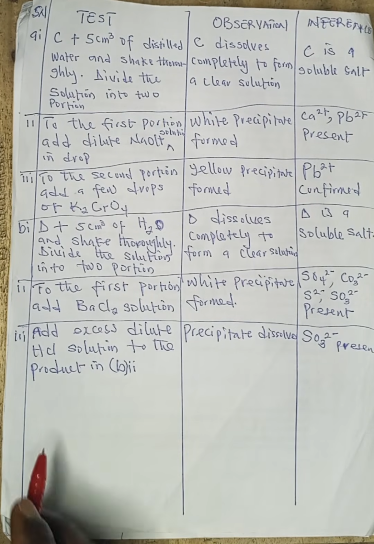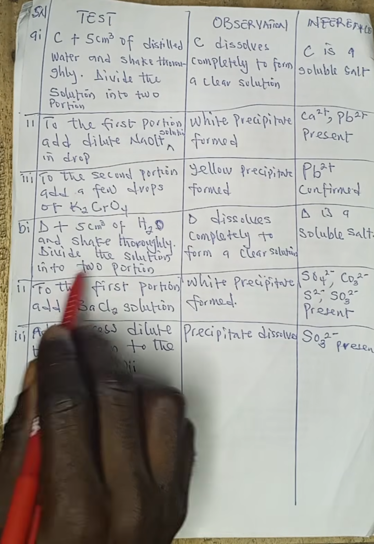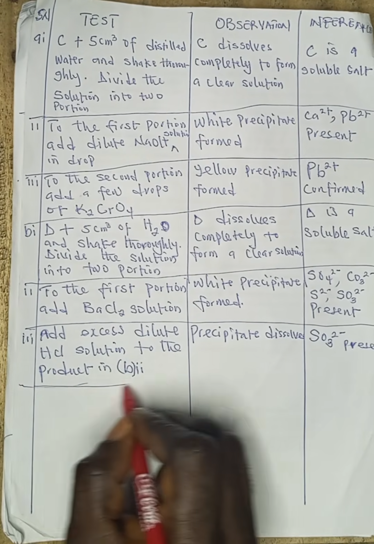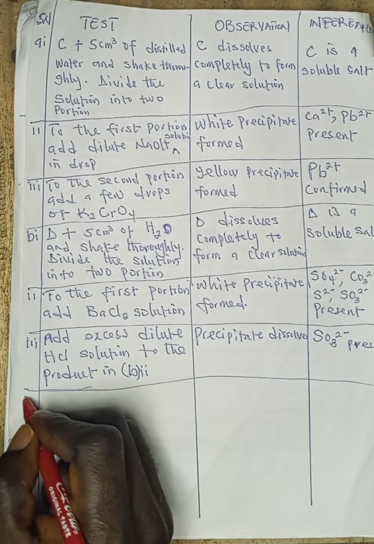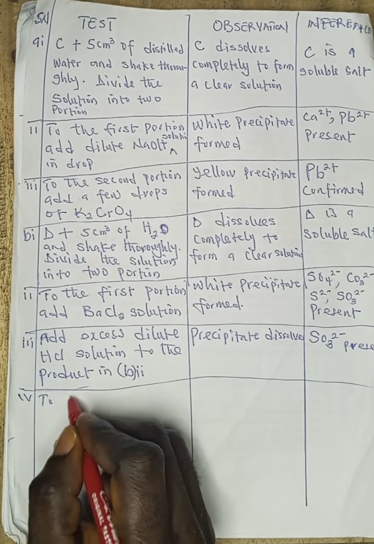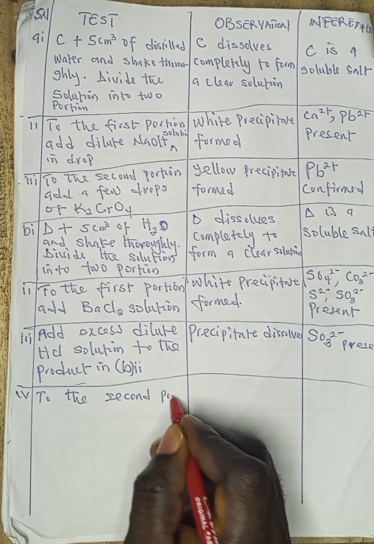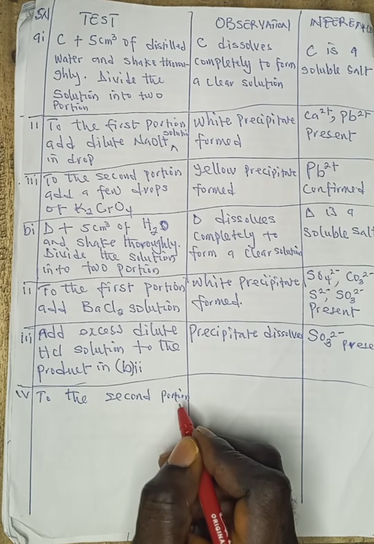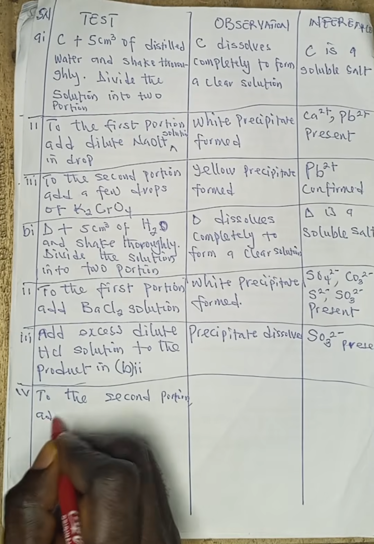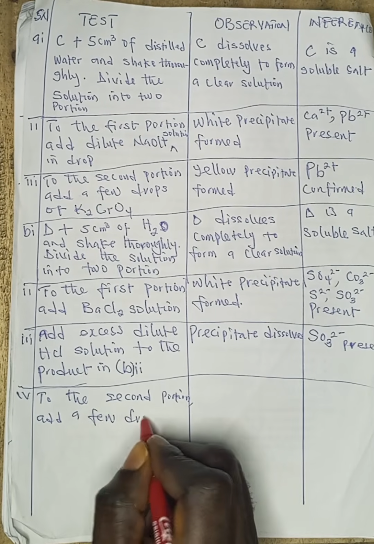All right, now the next one, to the second portion, because you are asked to divide this portion into two. This is the first portion. You rule your line. To the second portion now, which is IV. To the second portion, what are you asked to do? You are asked to add, add what? A few drops